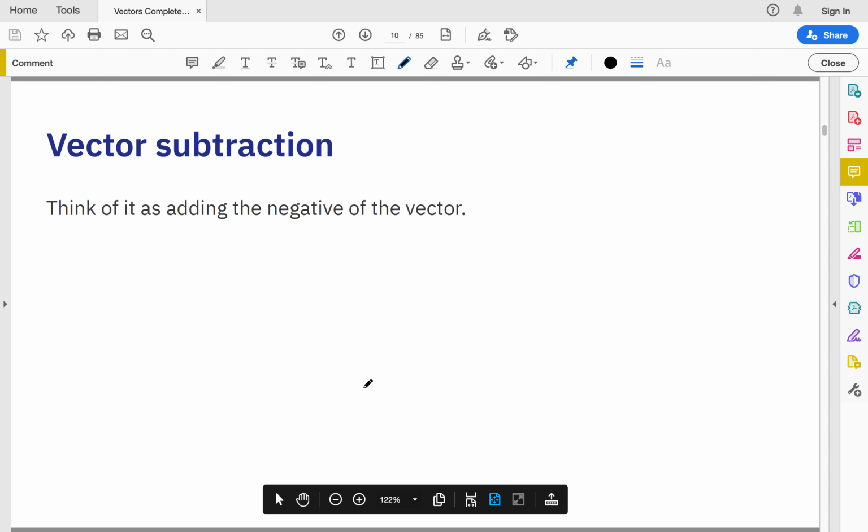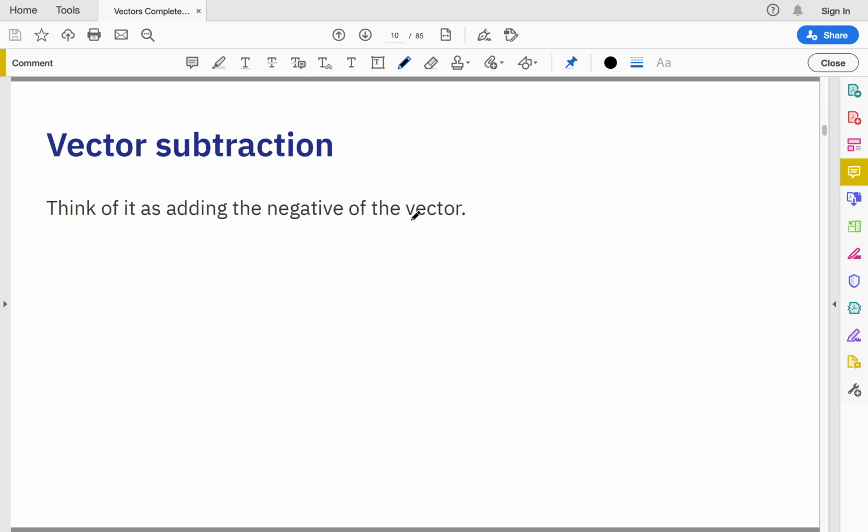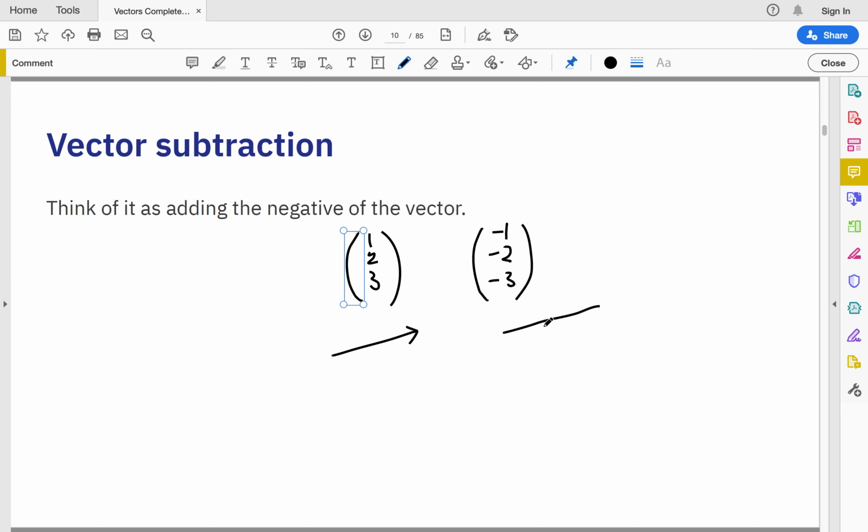Alright, so moving on, we next talk about vector subtraction. So we think of vector subtraction as vector addition as well, but instead we are adding the negative of the vector. So what is the negative of a vector? So given, let's say, a vector 1, 2, 3, so instead of traversing 1 unit in the positive x direction, we now want to go 1 unit in the negative x direction, which we denote as -1, -2, and -3. So say this vector looks like this. The negative of the vector would be the exact same line pointing in the same general direction with the arrowhead